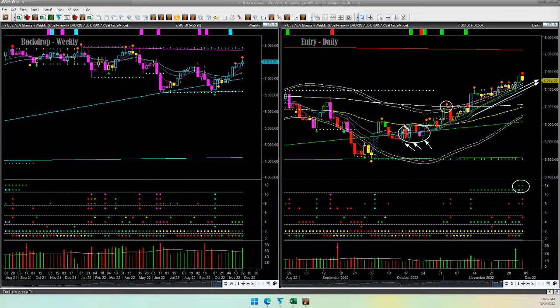Again, we could enter a long position in All Ordinaries at the perfect time. Now it is overbought above the upper boundary. That is a reason not to take a new long trade. Also, it displayed a possible reversal headwind signal. That is yet another reason not to take a new long trade.